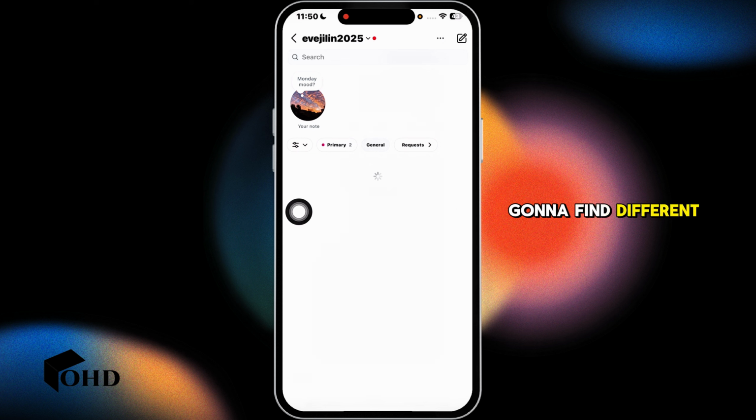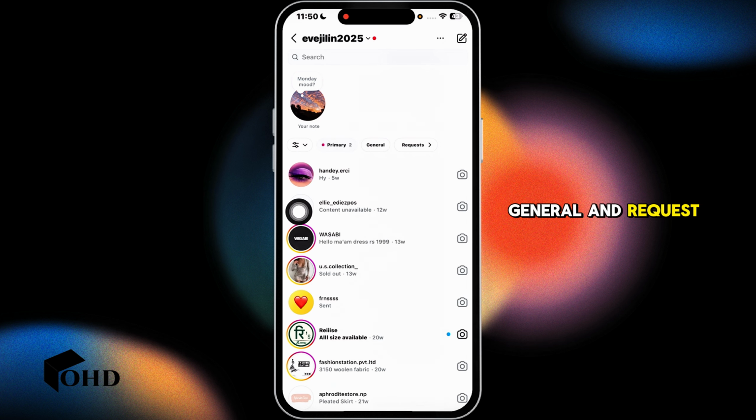Now here you're gonna find different sections as primary, general and request. At the moment within Instagram, there's no such feature to hide chat without deleting, but there is a workaround. Once you switch your account to the professional, what you can do is head over to the conversation that you